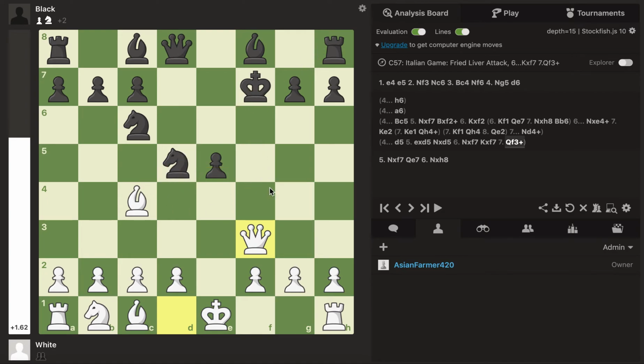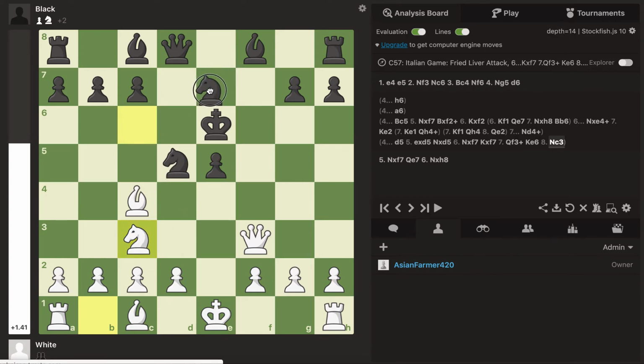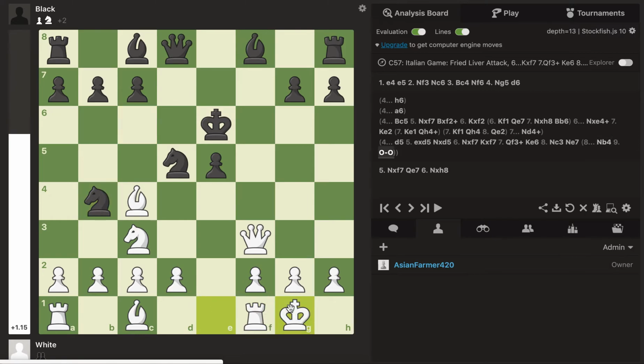So to preserve this knight, you would have to play king to e6, and now you just get knight to c3. Three-way attack on this knight, right? I think the only move here is knight to e7, or there's also knight to b4, but knight to b4, I think you can just castle here, and if